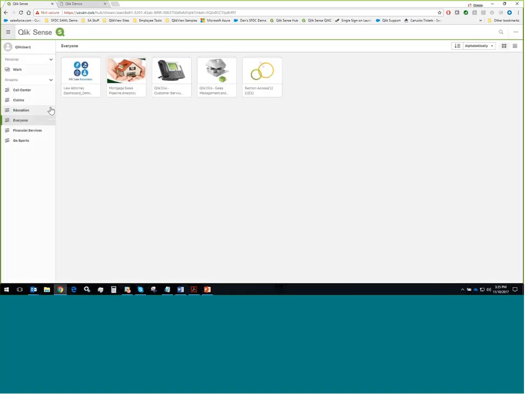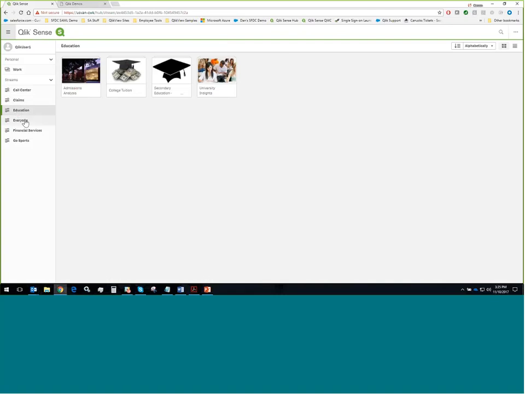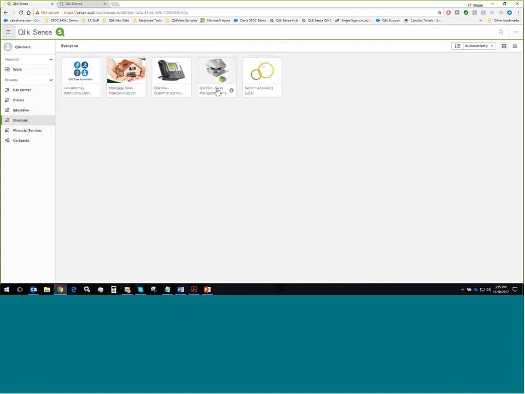And it will bring me right into my QlikSense hub. As you can see here, what we call streams, just think of them as folders. I have access to different applications built around different streams. So one around insurance, around maybe education, and today what we'll be focused on, like I mentioned, is the sales management and customer analysis. As I open up the application itself,